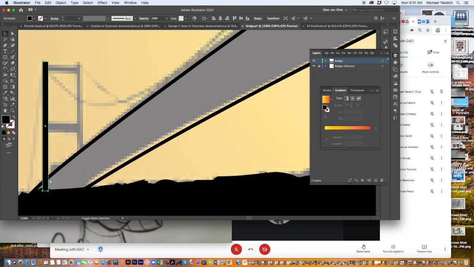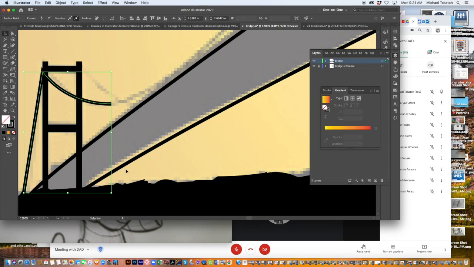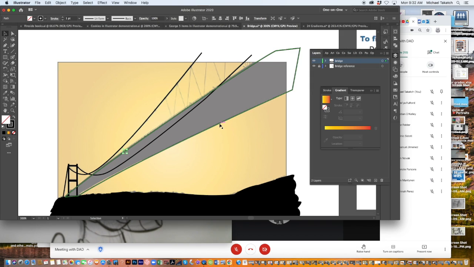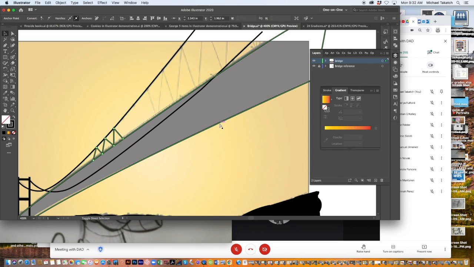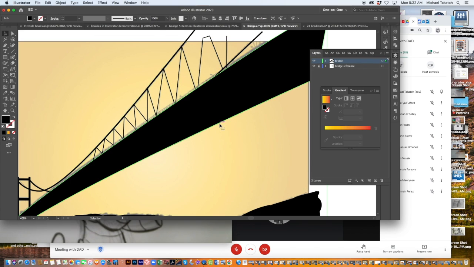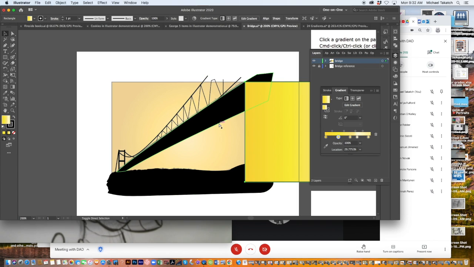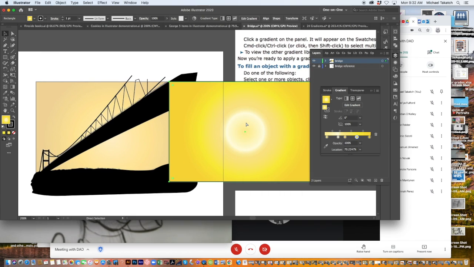There's the vertical piece, just a shape, just duplicating it, grouping it together, and then uniting it with a pathfinder. Here's just using the cables on the top with the pen tool, zigzagging up here with the pen tool, and then changing it to a thinner stroke. And then the rectangular shape on the outside, and then just using the gradients, kind of finding the particular color